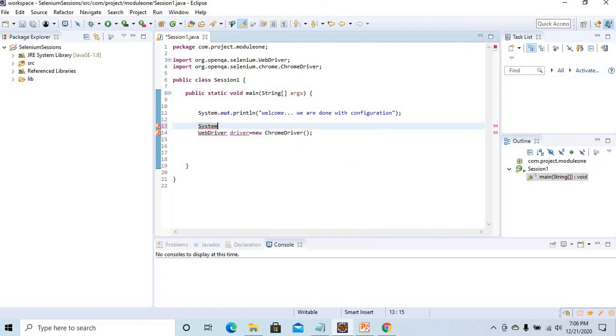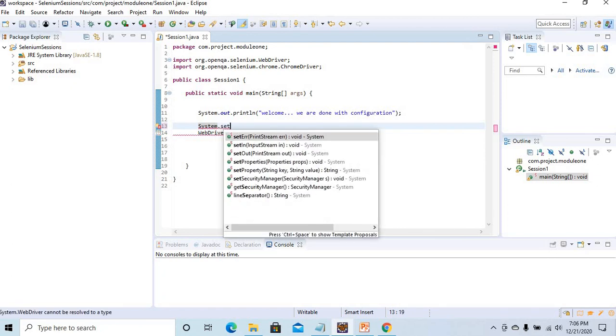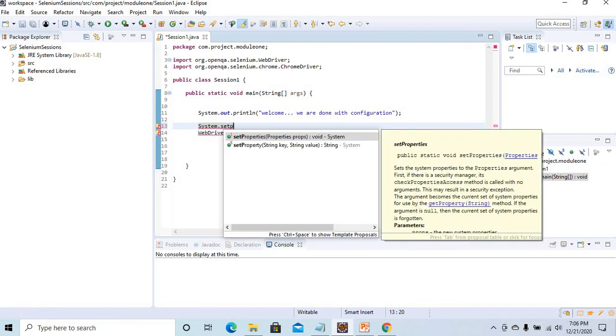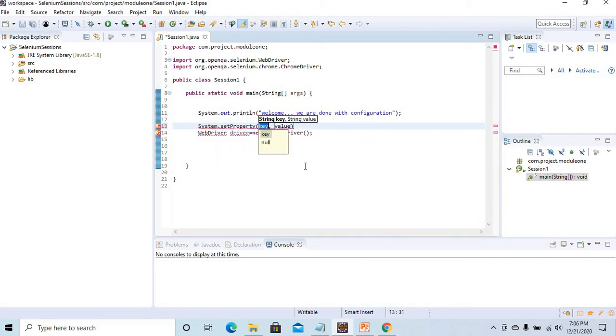Set property. Don't worry about this, I will explain it in a coming video. So webdriver.chrome.driver, and the value here is nothing but a location. I'm giving a hardcoded location just for the time being, but in real time we don't use it.